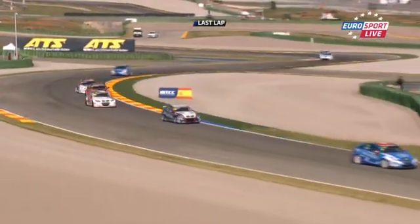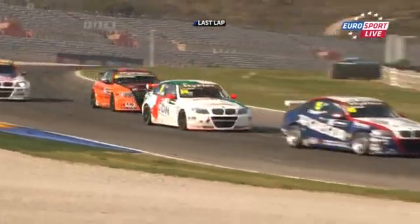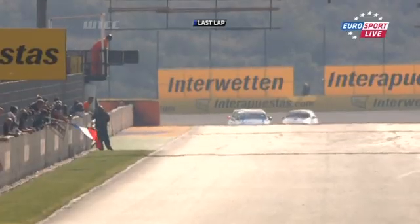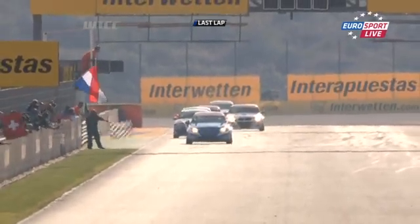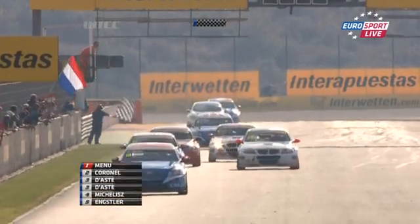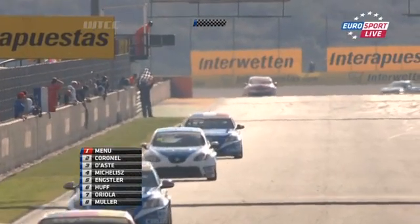Weekend to forget, I think, for Huff. Menu stretching away. He's safe, surely. Coronel can't get close to a move from there and has to defend against Stefano Daste. Well, Menu shut the door pretty conclusively. Coronel had a bit of an overlap, but in the end it is Alain Menu who wins for Switzerland and Chevrolet. Tom Coronel takes 2nd, Stefano Daste in 3rd place, Norbert Michaelis 4th, Franz Engsler 5th, and Rob Huff in